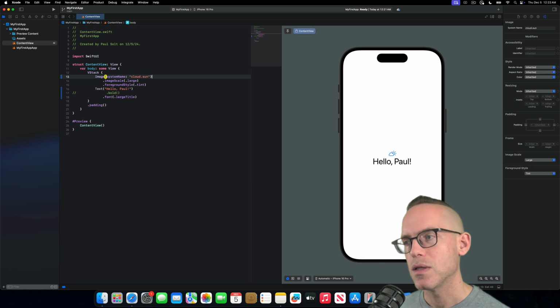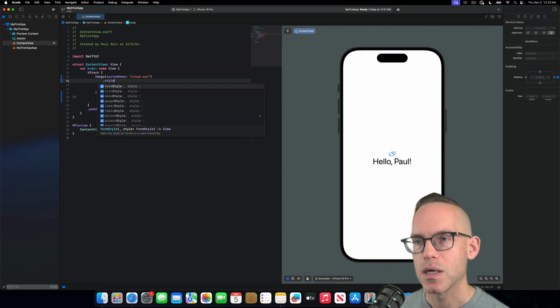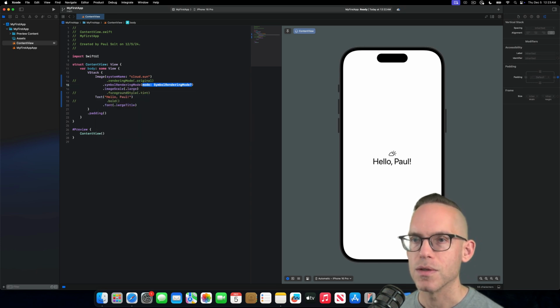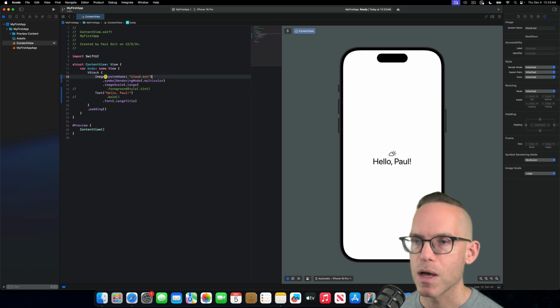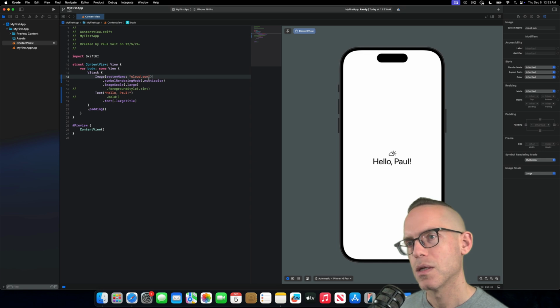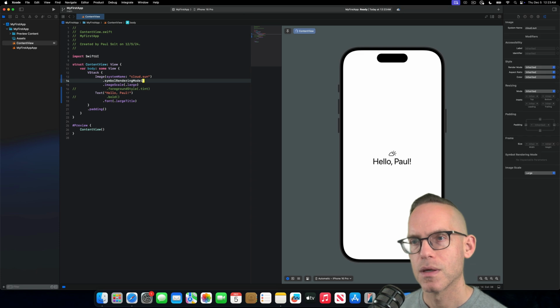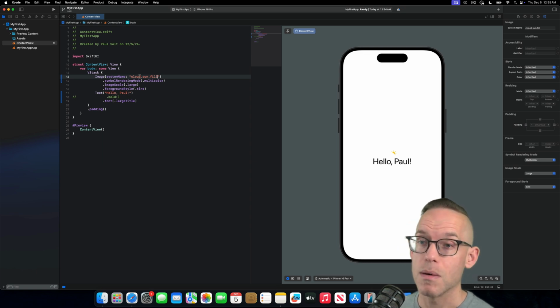So we can get access to these different pictures, and then we can even do, it's not the rendering mode, but the style. Let's see. Okay, here's what it's called now, symbol rendering mode. And then I want the multicolor. So I'm using code completion to help me remember what these settings are. And that still didn't work. Do I need the .fill? That's what it is. So it's the one with the .fill that has the rendering mode,